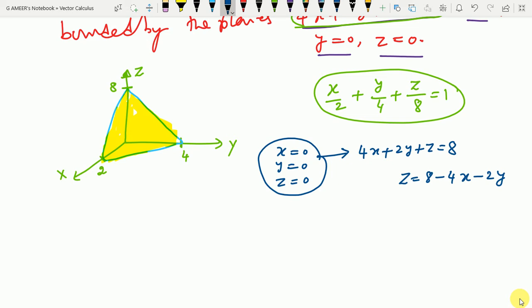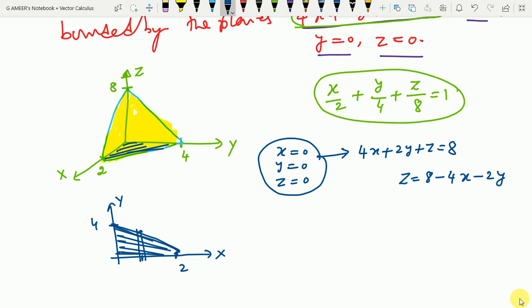Now come to the xy plane. In the xy plane, x equal to 2 and y equal to 4. Now we have to decide the base area. This we need to decide now. Here if you take any element like this, x is going from this place to this place.